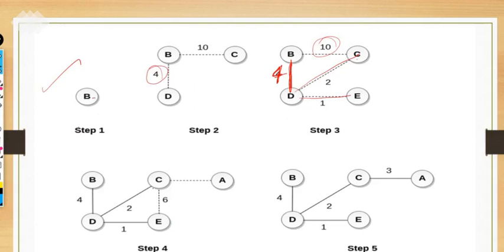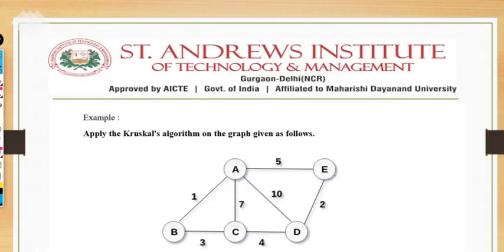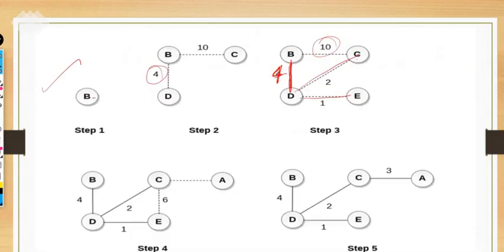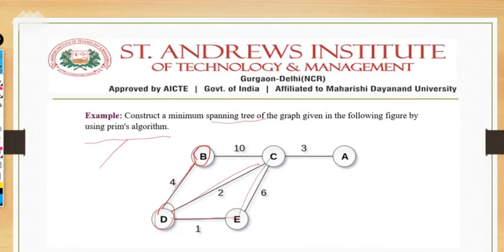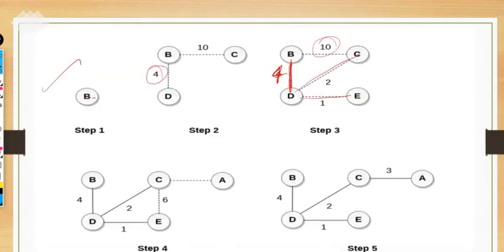And then next we have to find the adjacent edges of E. The adjacent edge of E is C only in the question. You can trace the question itself. So here we have the question. What are the adjacent edges here? This one, right? Sorry, this one, 6, right? So we have taken this one. Okay. So next, if we take this 6, it will create a cycle. That's why we directly ignore this. We will not take it.